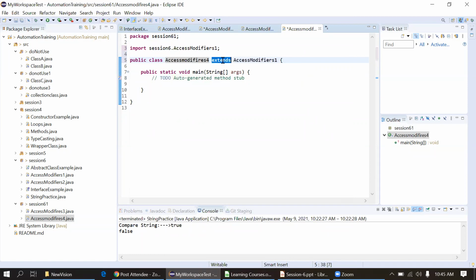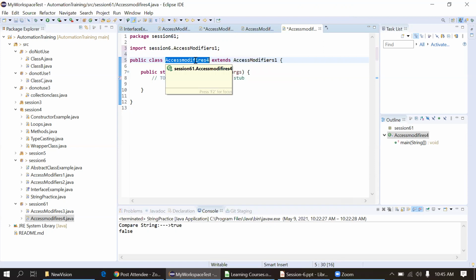I'm extending this class, which is a base class or parent class. So whichever methods are written in that class can be accessed in the current class by using this extends keyword. This is actually inheritance. This is a parent-child relationship. So access modifier 1 is a parent and access modifier 4 is a child of that class.